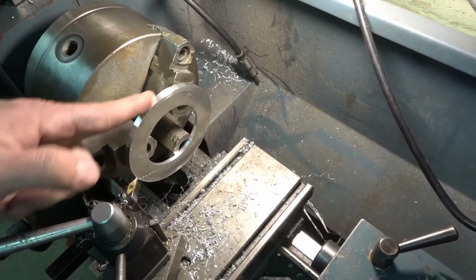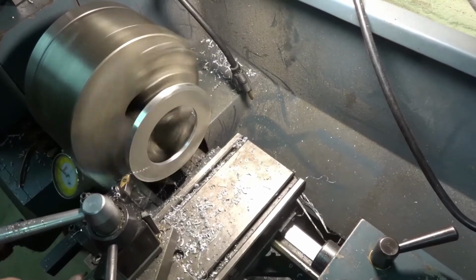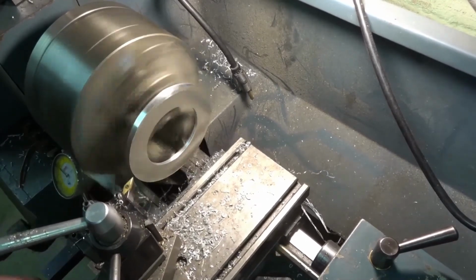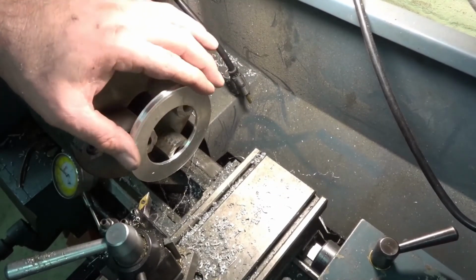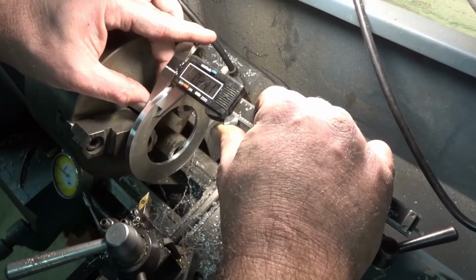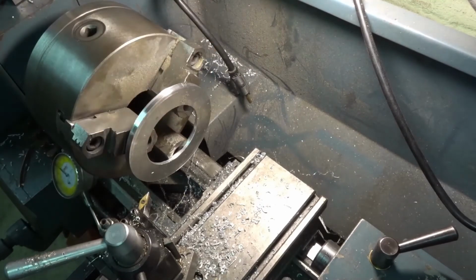Since I have this cutter in here, I'm going to go ahead and deburr this edge. And then we'll take a measurement and see what the thickness is and how much we need to cut off. That's plenty. Okay, so this thickness is supposed to be 212, right around there, so 210 thousandths, 212 thousandths. And again, it's not critical, but we're measuring 241, so not a whole lot to take off. So let's touch off and